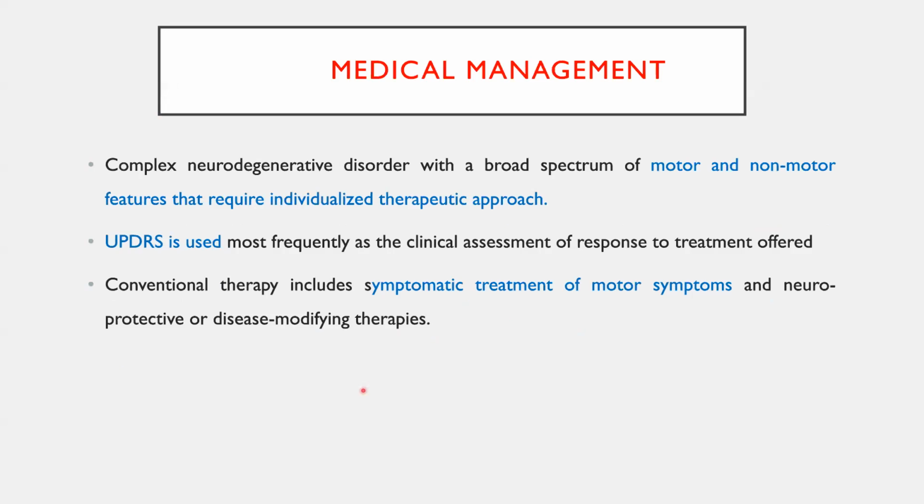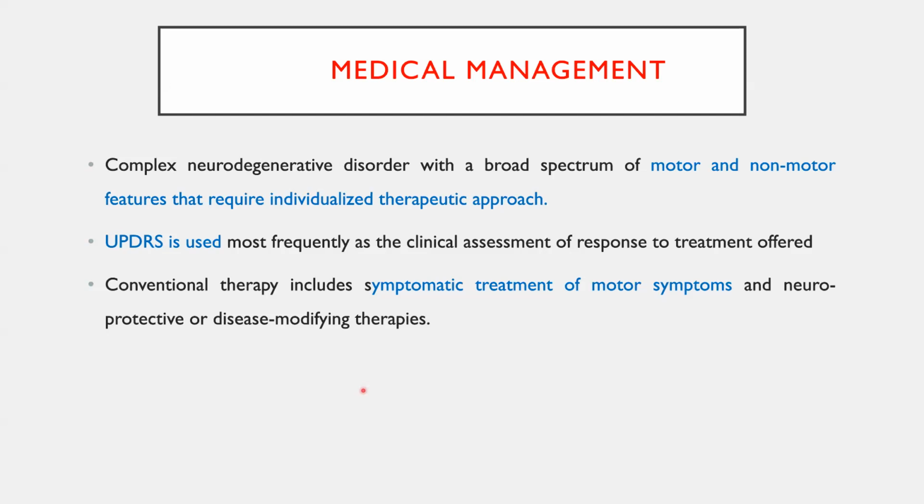Let us come to the medical management, which is very important. You need to address both motor and non-motor function. One scale is there, the UPDRS, that is the Unified Parkinson's Disease Rating Scale. This is available on Google free of cost. This contains 4 parts, including both patient complaints and the examination findings. It has 0 to 199 points. The higher the number, the more severe the disease.